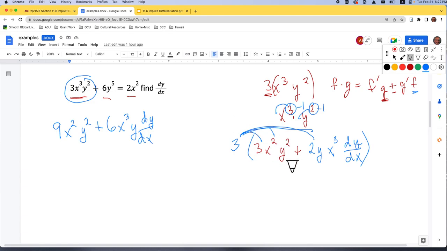I might have to erase some of this, so we'll see. Okay, so now the easy stuff, or easier. What's the derivative of 6y to the 5th? 5 times 6 is 30. Good. Subtract 1 from the exponent, so it's now y to the 4th. But what did we take the derivative of? We took the derivative of y with respect to x. There is no x there, but it's a function with respect to x, so we have to put that dy